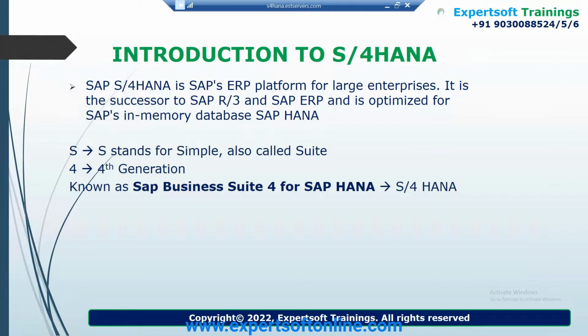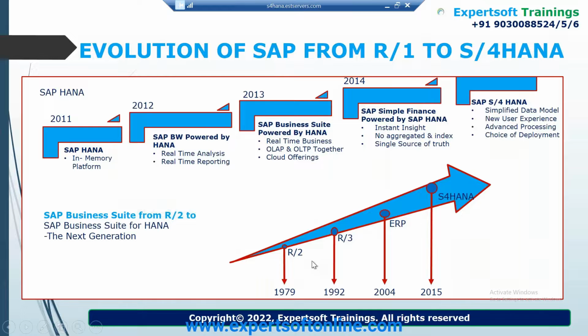Now this is a journey. Earlier, in 1972, when they introduced it, it was R1. In 1979 it came as R2. Then in 1992 it came as R3. In 2004 they had ERP. Then there were different versions, ECC 6, ECC 7.5. S4HANA came in 2015. Earlier in the slide I said 2010 to 2015 they were building on HANA, so that was Suite on HANA. There was no S4HANA then. S4HANA came into the picture in 2015.